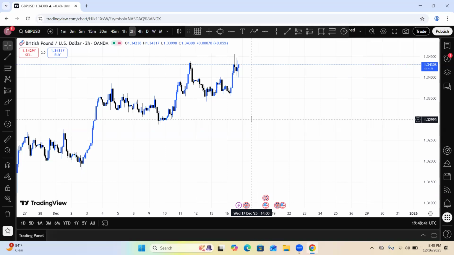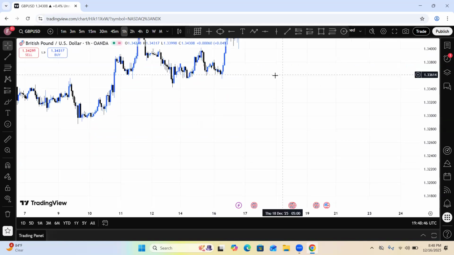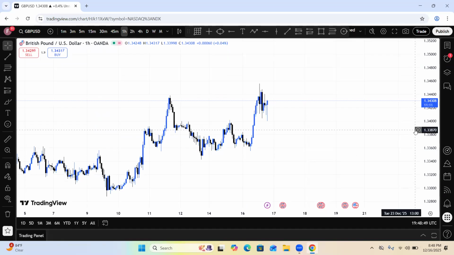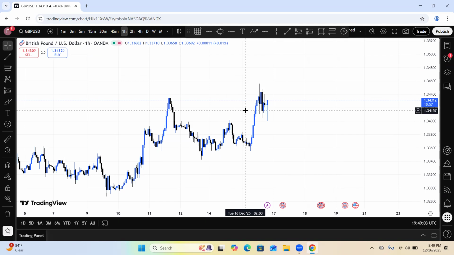Do you understand? If you go to the 1 hour time frame, you will see that it is more expanded. It means that every candlestick that you can see here was formed in 1 hour. So now, how many 1 hour candles do we need to form a daily candle? Reply in the comments. Reply in the comment section.